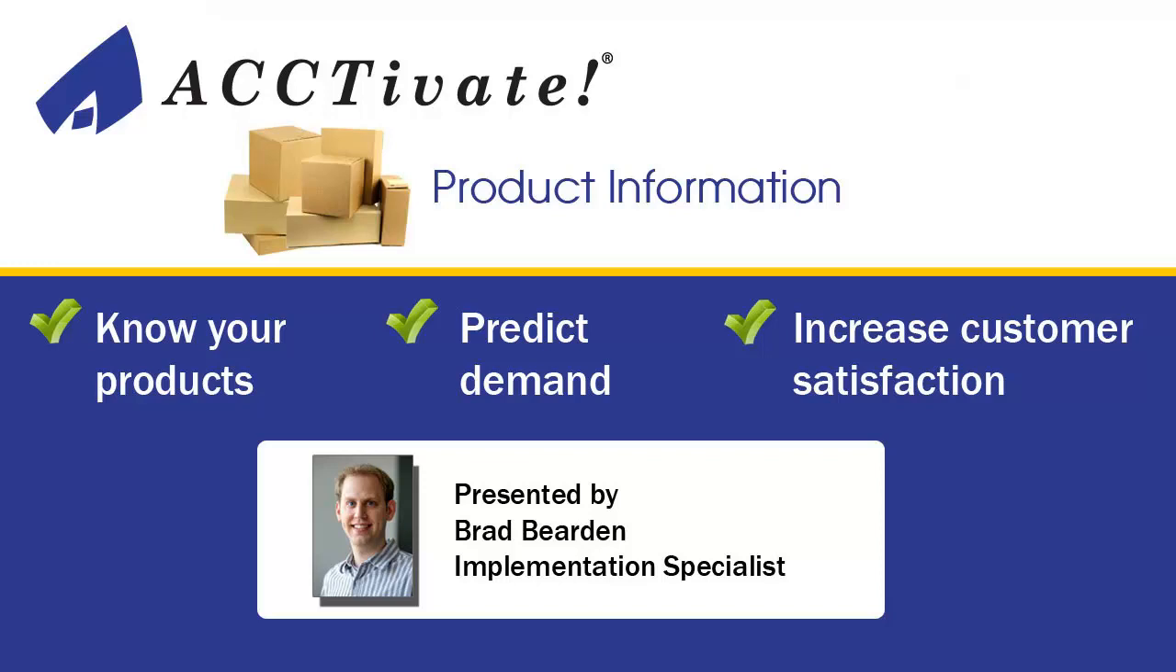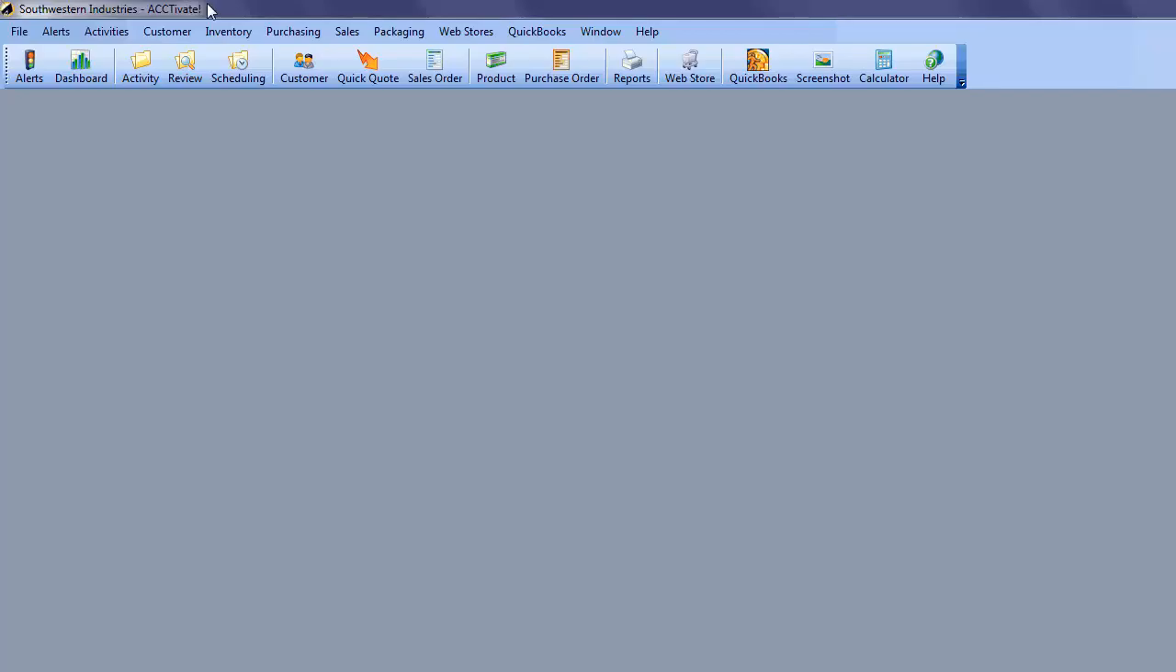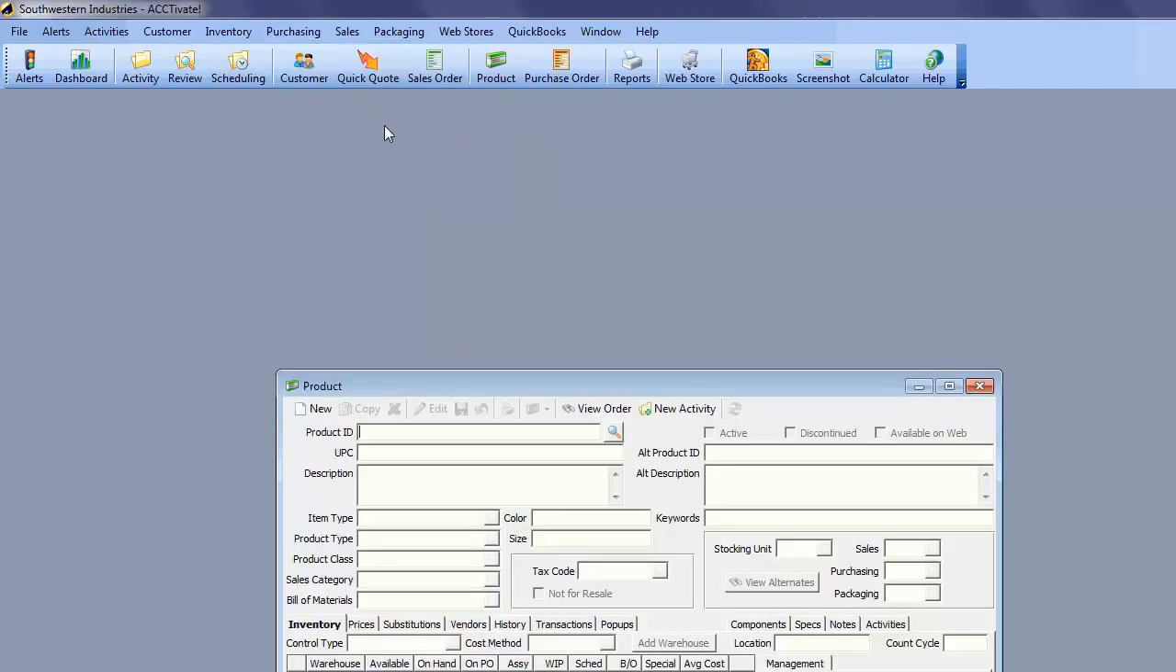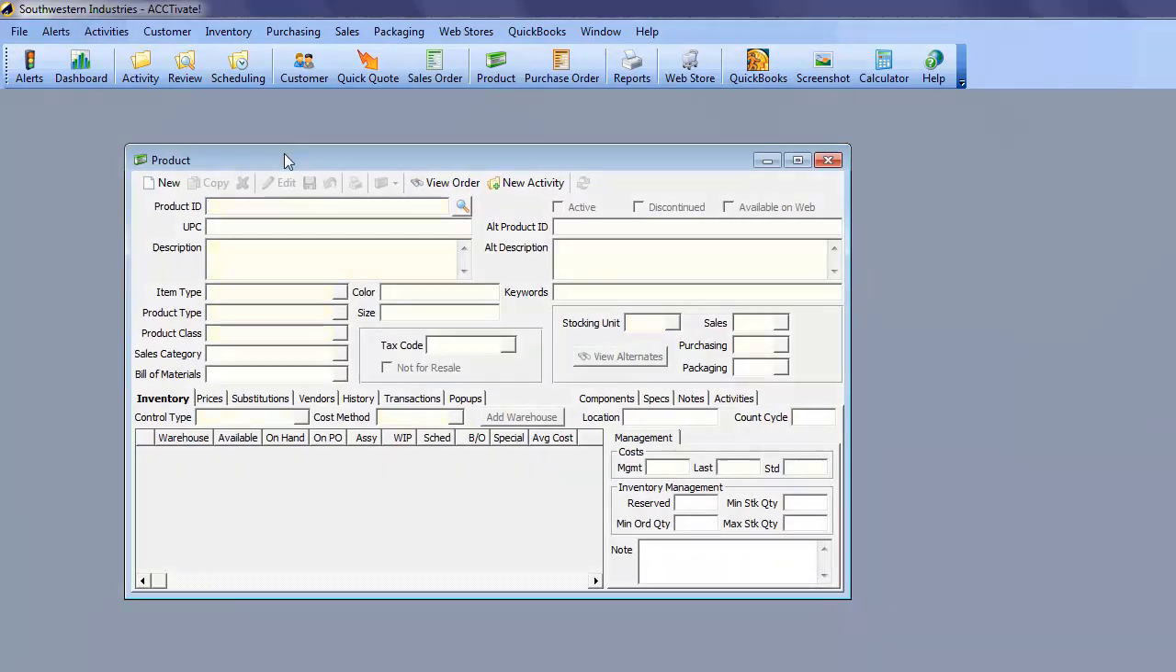Today I'll be talking to you about the product information window. We can open up the product information window in two locations. First, we can click on the product icon on the toolbar, or second, we can go to Inventory, Product Information. This will open up the product information window where we can open up an existing product or we can create